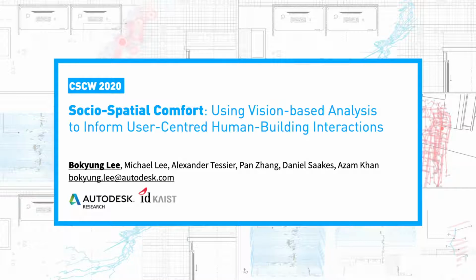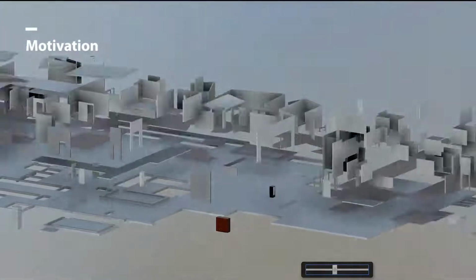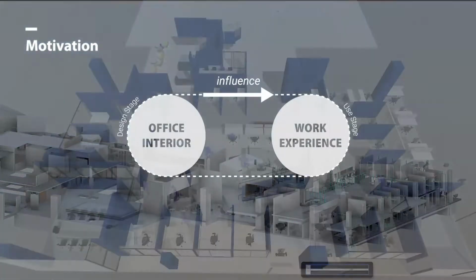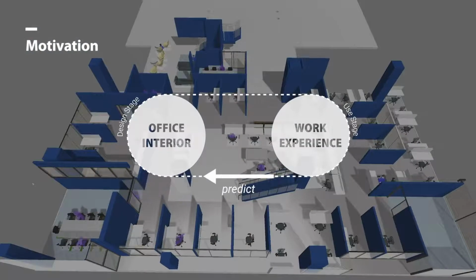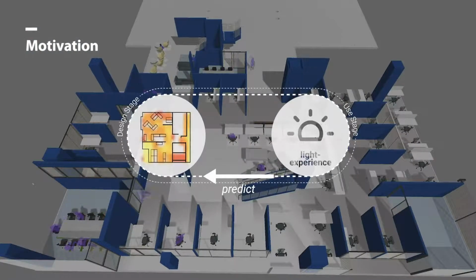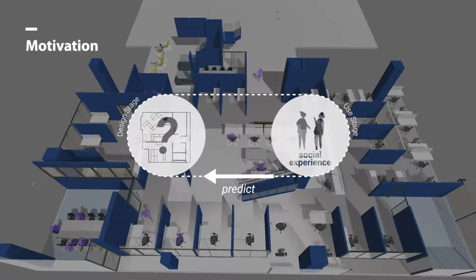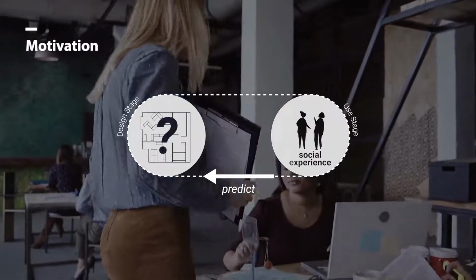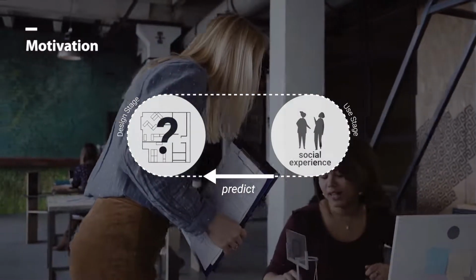Today I'm going to talk about our work titled Socio-Spatial Comfort: using vision-based analysis to inform user-centered human building interactions. Space designs and physical layouts influence our daily experience. So space designers and architects have tried to evaluate their designs by predicting the resulting experiences like thermal comfort or visual comfort. However, how the layout shapes social comfort is an open question, even though it is important in office